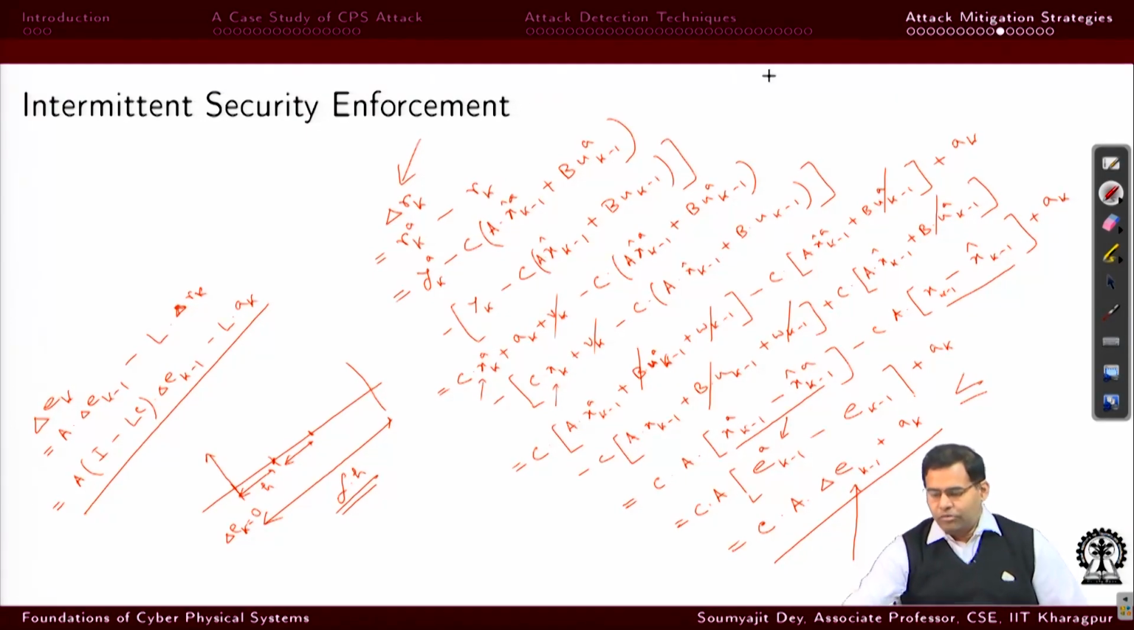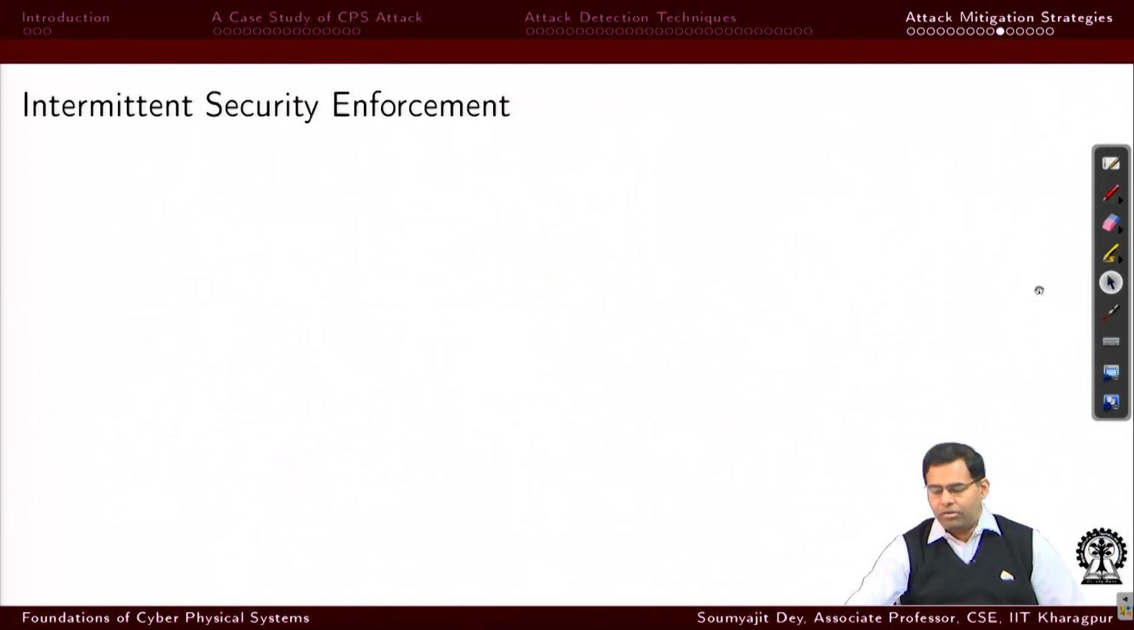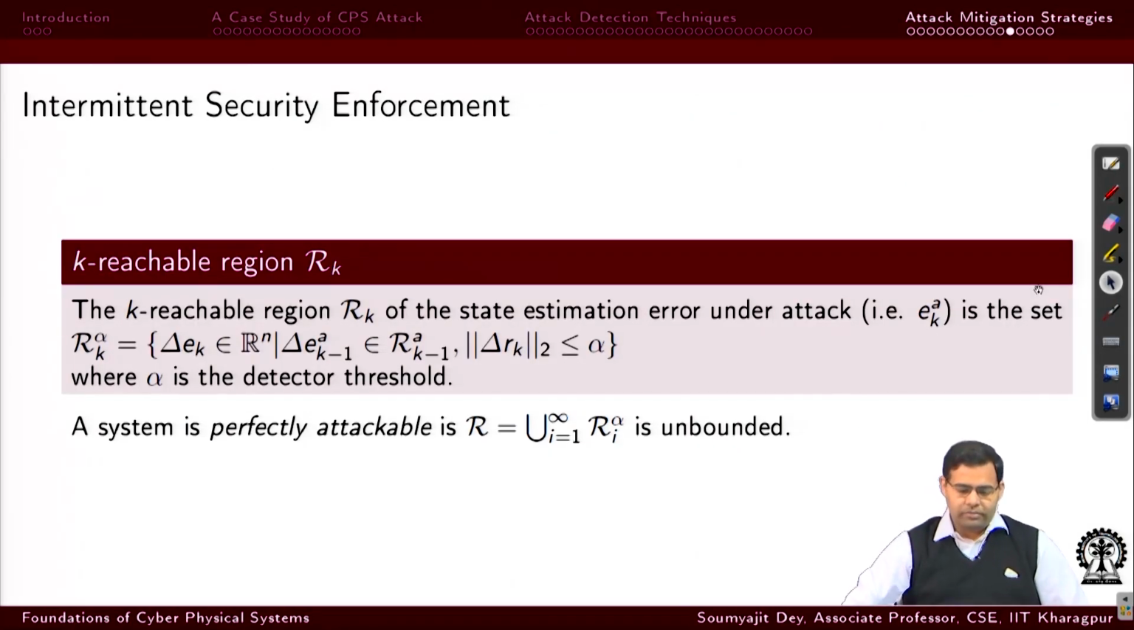So, I can use this expression to create a reach set. If you remember from our earlier examples, I can really compute a reach set of an automaton. Similarly, if I now create a model of the dynamical system here, I can create the reachable region of the state estimation error under the attack,